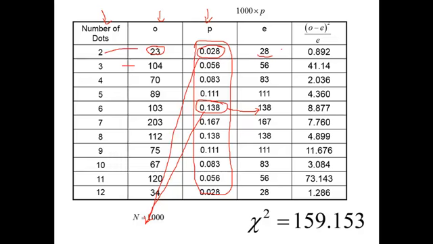Then we check how far each of these is out of line. For example, in the 4 column, we observed 70, we expected 83, so we take 70 minus 83, square that, and divide that by 83. This gives us 2.036, and we do this at each column, and then we add it all up, and the total amount this is out of line is 156, which looks awfully big, but to know for sure we have to look up